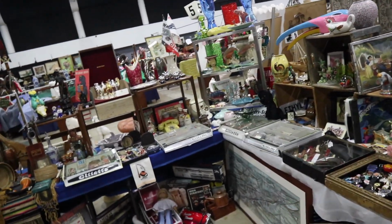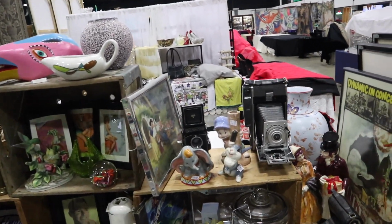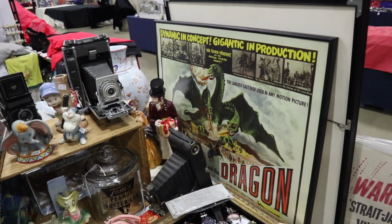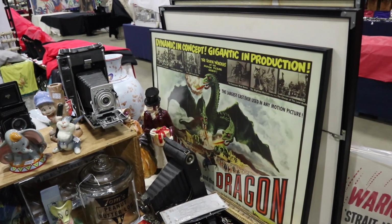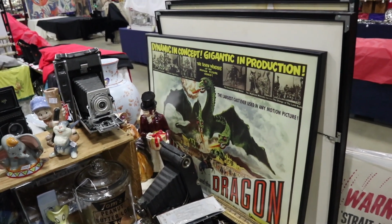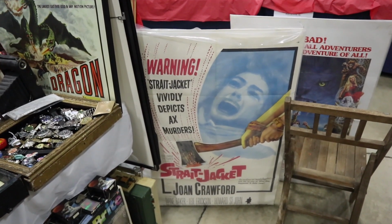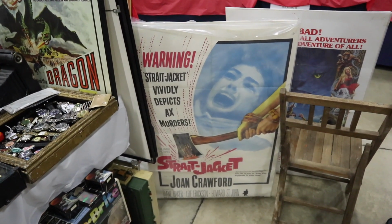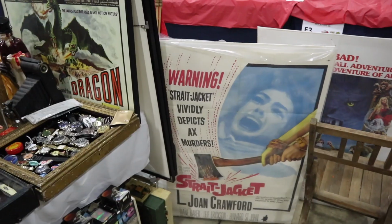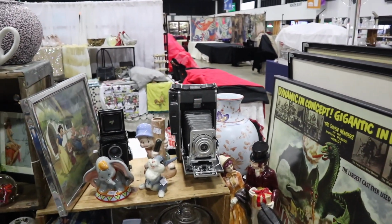Let's go into the booth here really quickly. I'm not opening yet, so I'm going to keep it kind of closed. I've got a whole bunch of movie posters. Here's another one, The Sword and the Dragon, with the largest cast used in any motion picture. Well, just that three-headed dragon is the largest cast used in any motion picture. And then here is Joan Crawford in Straight Jacket. This was one of her last movies when she was still keeping her career going. It's a great graphic. And for those who have strong feelings about Joan Crawford one way or another, it might